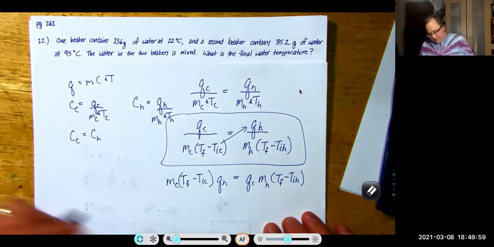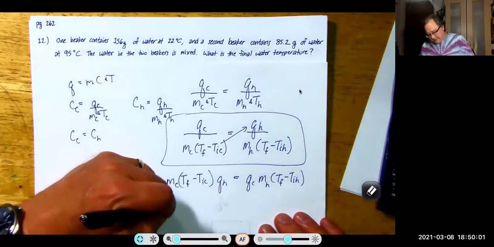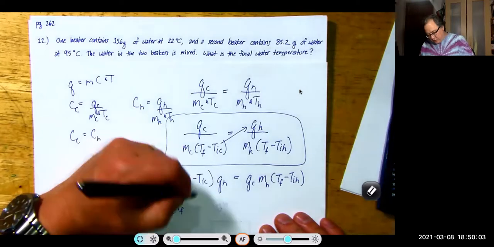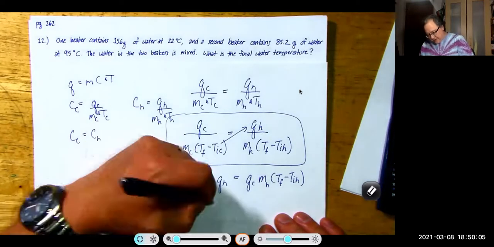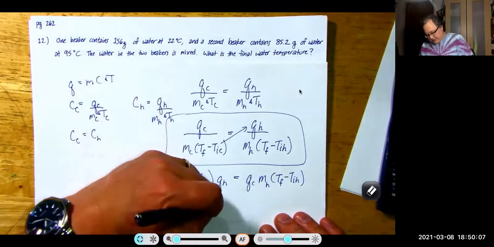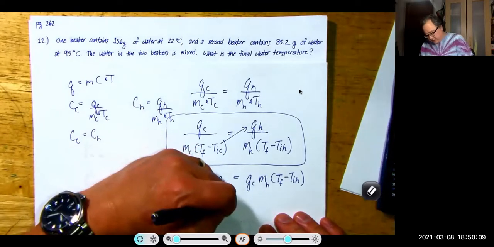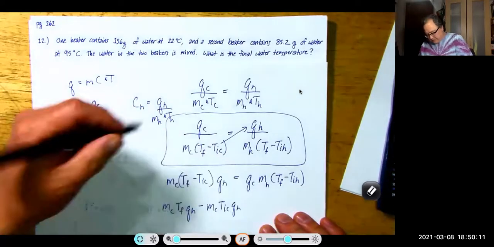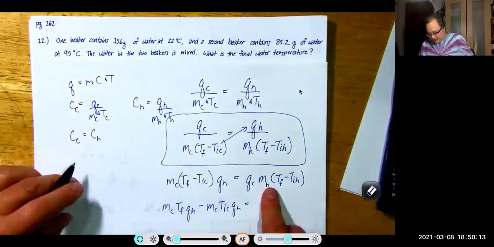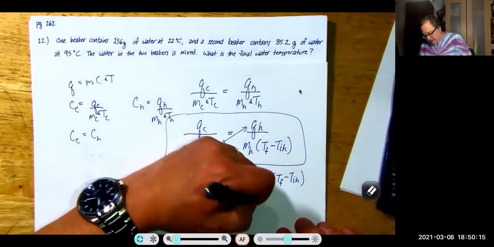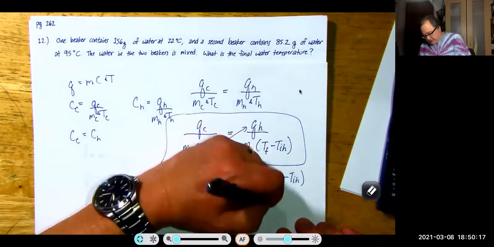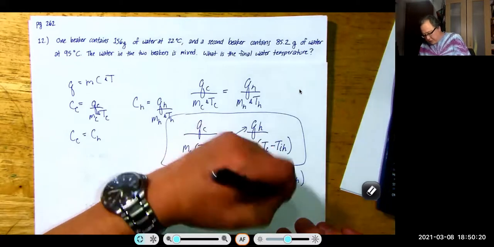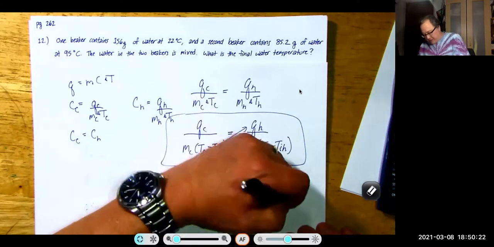Then I'm going to multiply everything out and get m C T final Q of the hot minus m C T initial C Q of the hot is equal to, make this look the same as this, m H T final Q of the cold